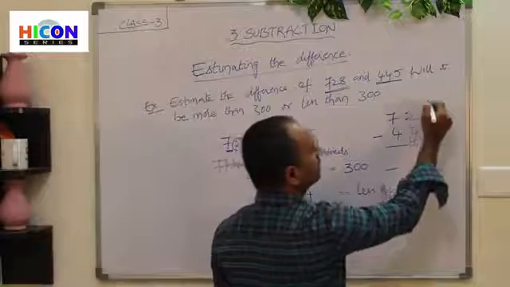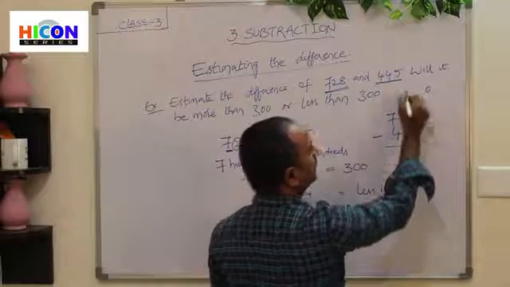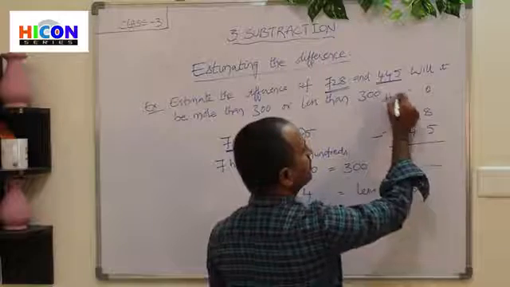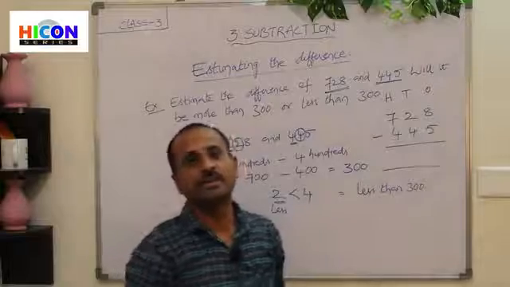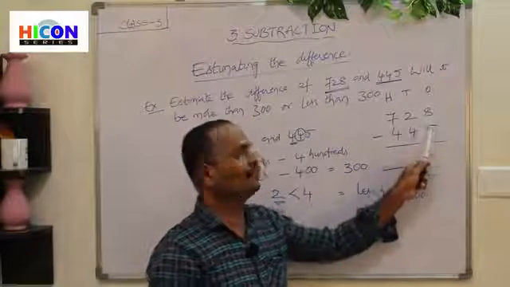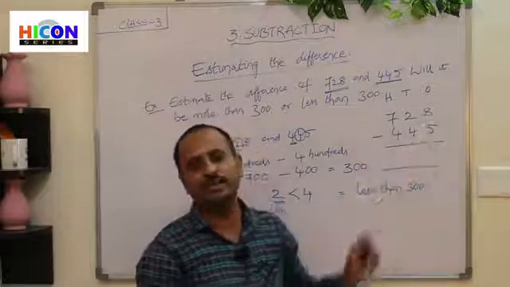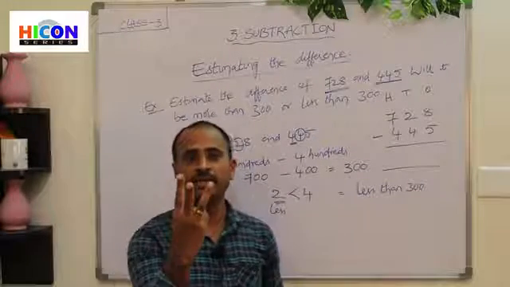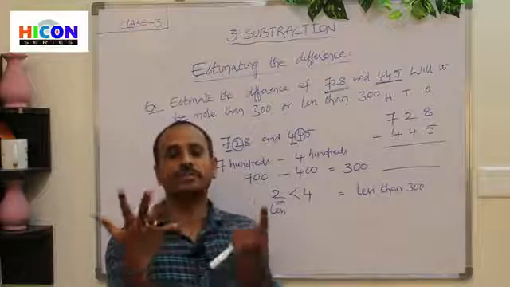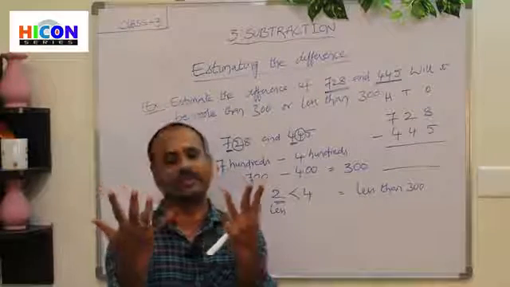So this is ones place, this is tens place, and this is hundreds place. Now start subtraction from ones place. What are the digits present in ones place? 8 and 5. What is the first number here? 8. So open 8 fingers of your hand. 1, 2, 3, 4, 5, 6, 7, 8. These are the 8 fingers.